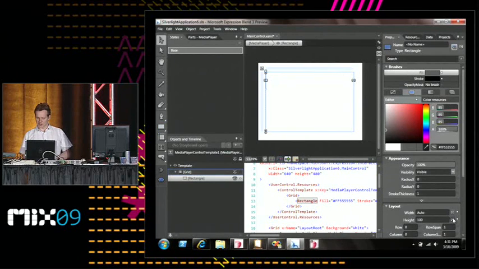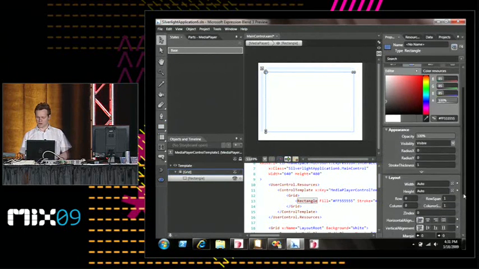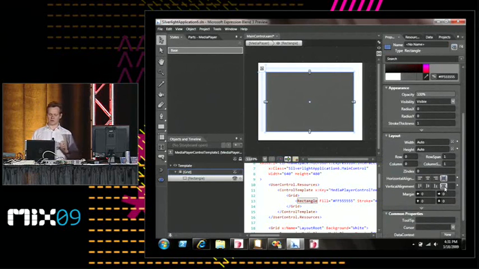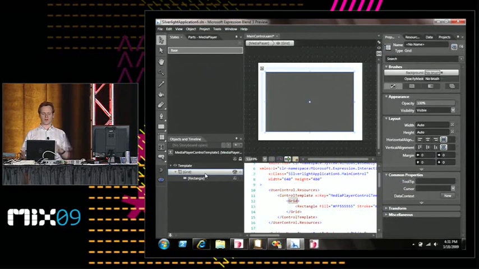And we want the rectangle that we've created to stretch. So we just set the width and height to auto, and then we set the alignment to basically stretch in both directions. And now we want to add in the media element, and this is the rectangle where the video will be displayed. So one of the great features in Blend 3, in the preview that we have,